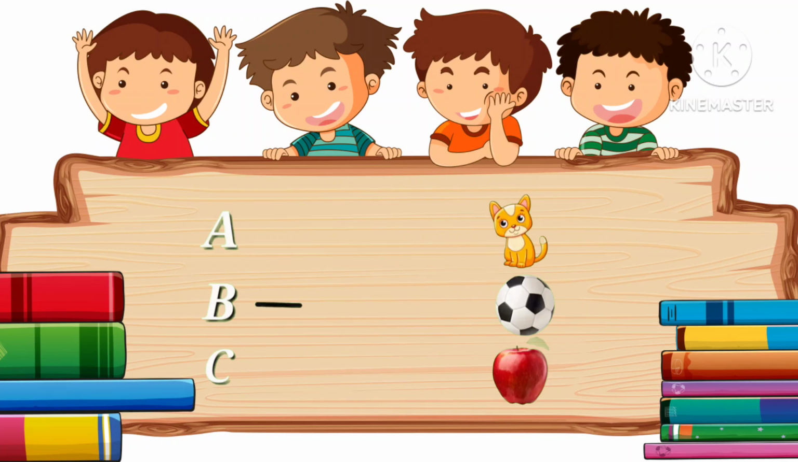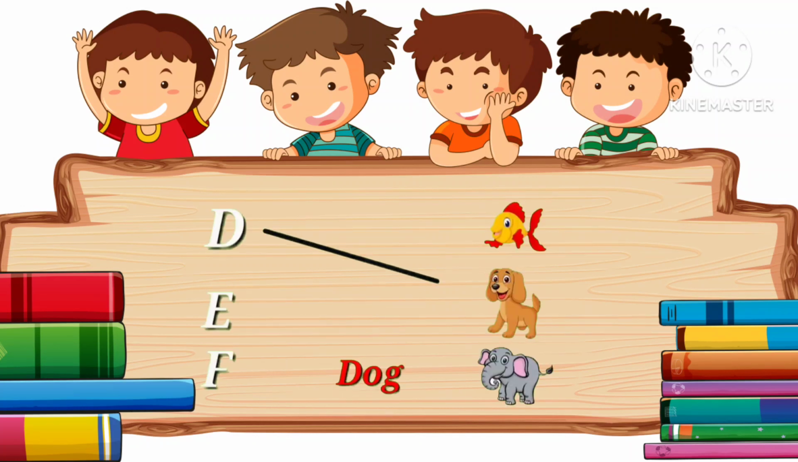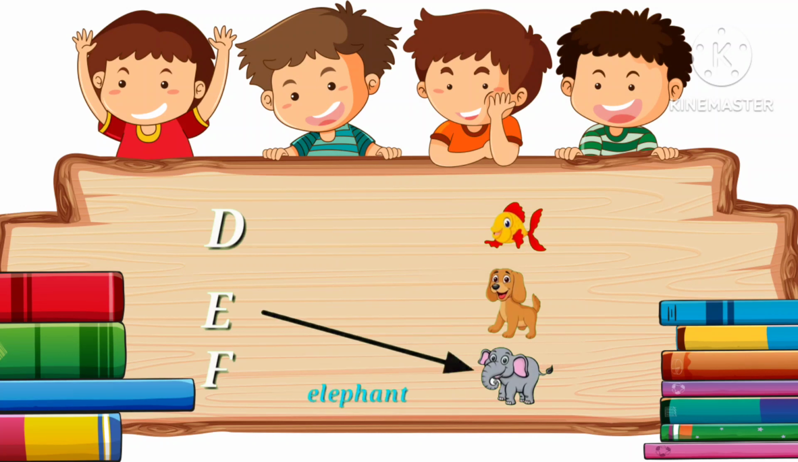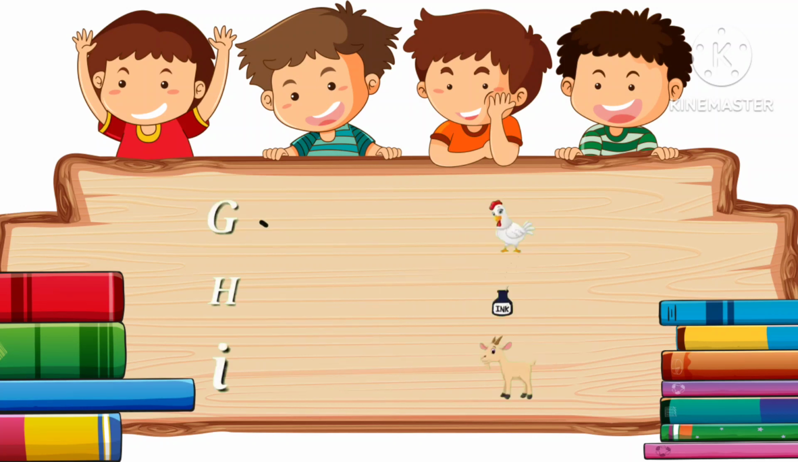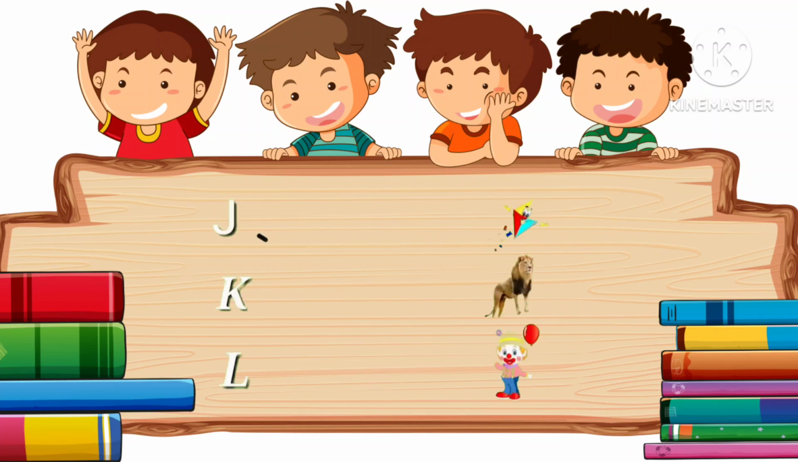A for apple, B for ball, C for cat, D for dog, E for elephant, F for fish, G for goat, H for hen, I for ink, J for joker, K for kite, L for line,